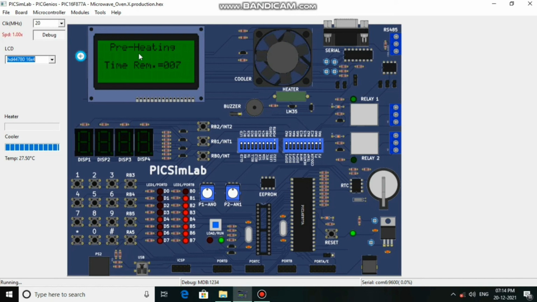And now let's move on to the next process in the convection mode. That is, let's wait, and it's ended, and it asks us to set the time.